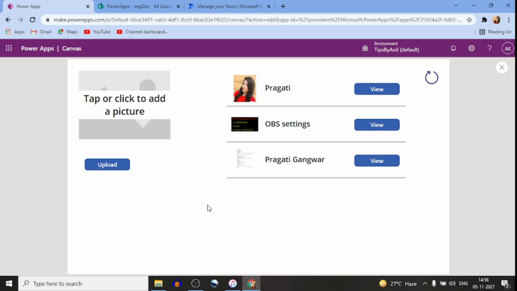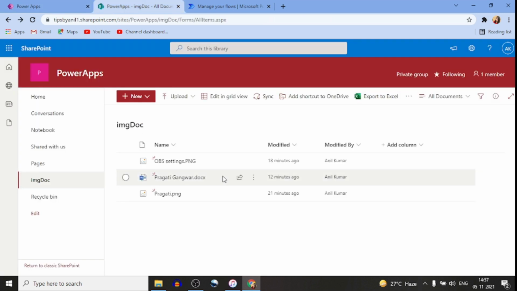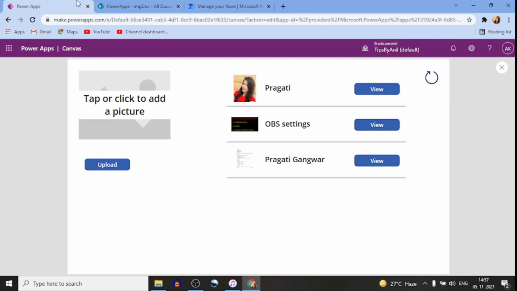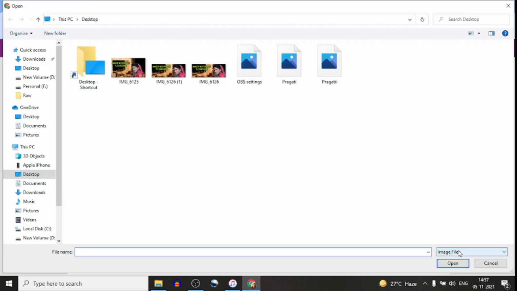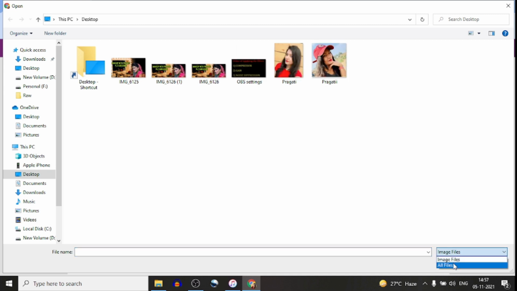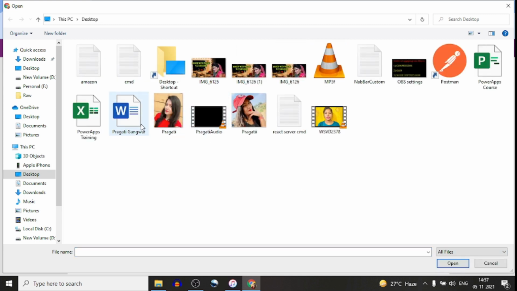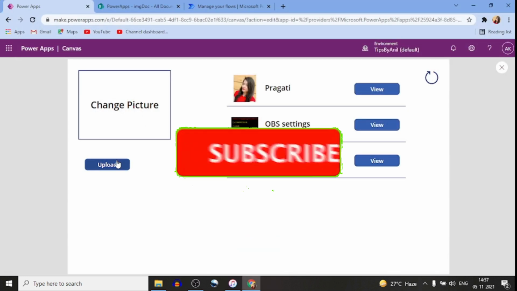An attachment from Power Apps to SharePoint document library. If you see over here, this is my gallery and this is the document library, and once I click on this button, any kind of file I can upload from here. So if you want, click on all files, and from the all files just click on this, then click on the upload button,